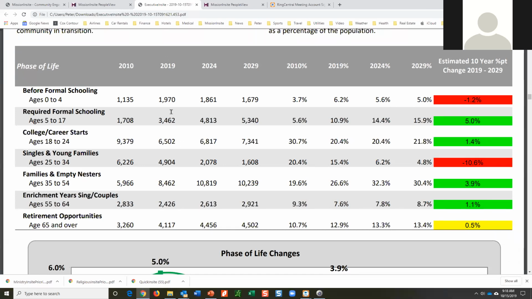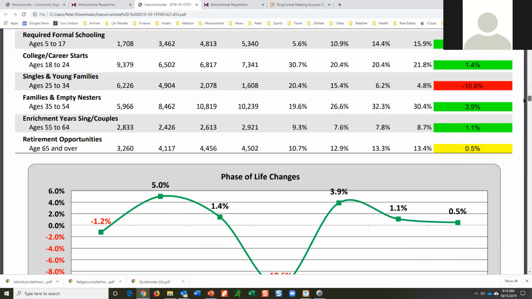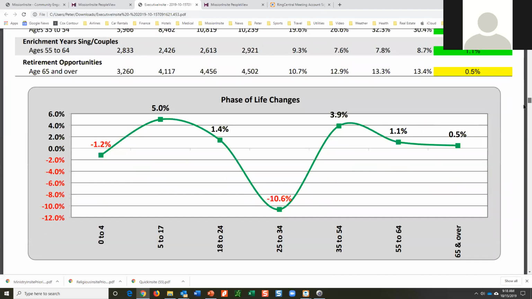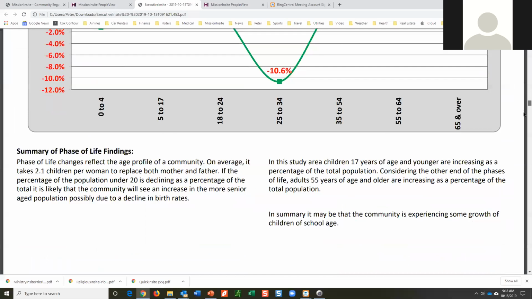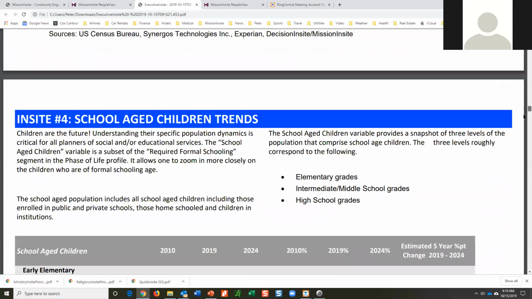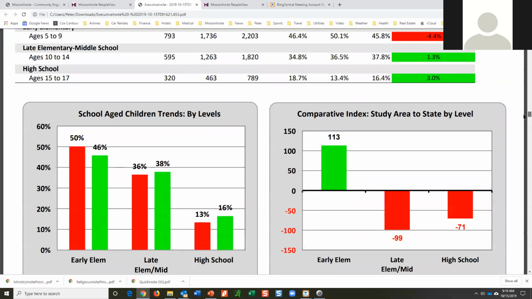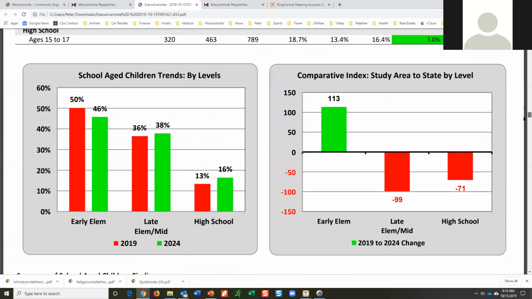All the others have current and 5-year projection. This table then shows what is happening with each of these groups across time. So you will see these kind of aids to assist you that are visual. So moving through shows school age. Again, a variety of ways to look at the information.